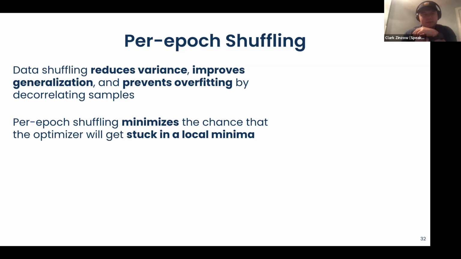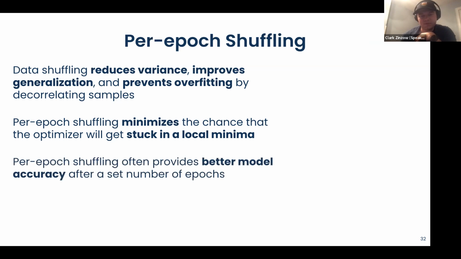Maybe you get unlucky, you see a bunch of bad batches in a row. But if you perturb those batches between epochs, you are more likely to be able to bounce out of those local minima. There's a bunch of interesting theory, by the way. If anybody's interested, email me or reach out on LinkedIn, because there are a bunch of interesting papers that have come out in the last couple of years about this, about how per epoch shuffling is pretty beneficial to training. In other words, it yields better model accuracy after a set number of epochs.